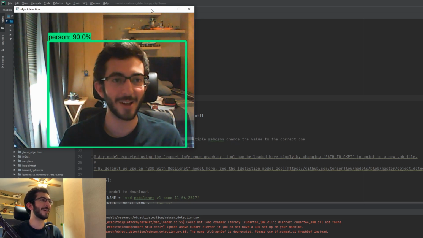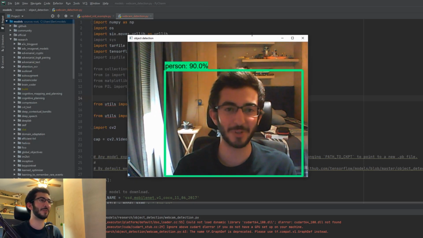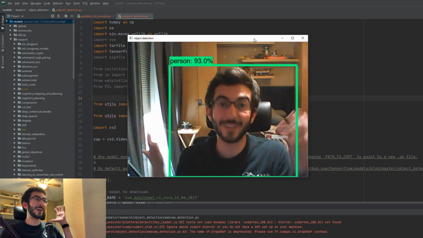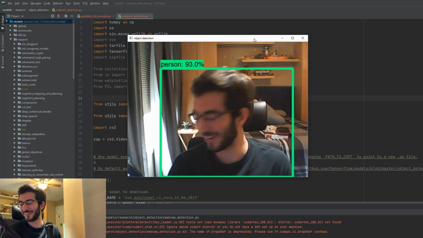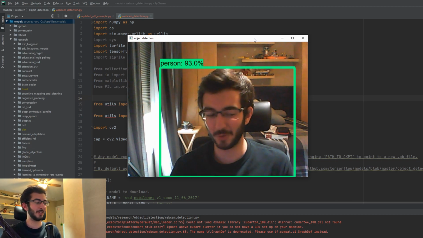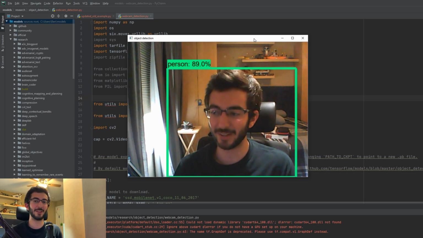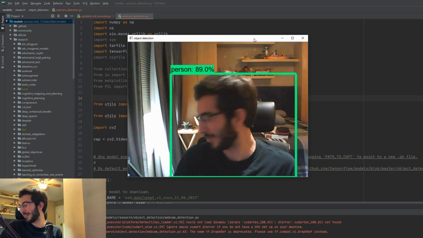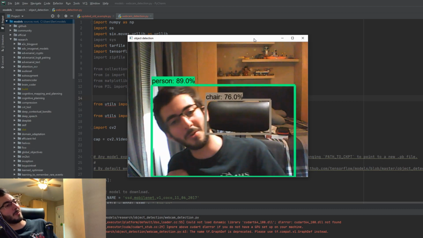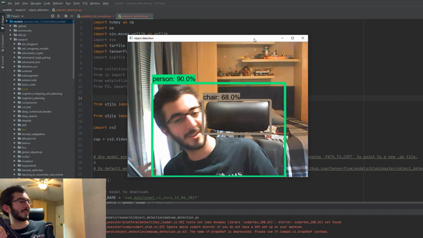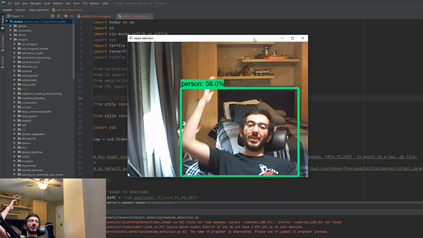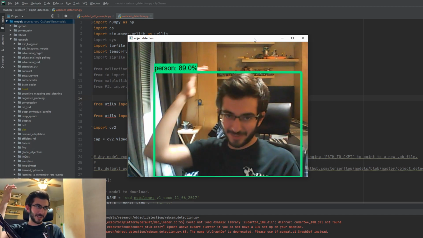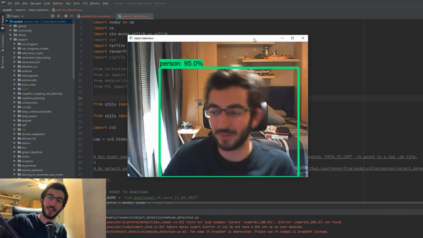There I am, yay! So now there should be two of me, probably. So you see, I'm a person, amazing! You can test it with multiple things. I normally use my phone to test it, but my phone is right here. So if I move over, you can probably see, yeah, here's my chair. You can see all my Legos and all the Legos on my shelf,